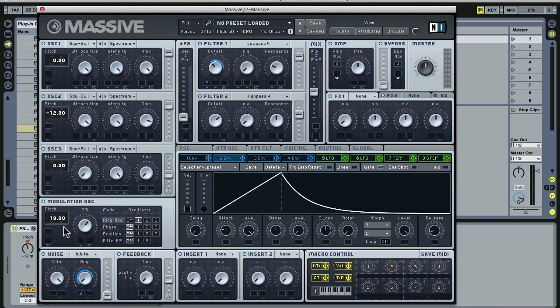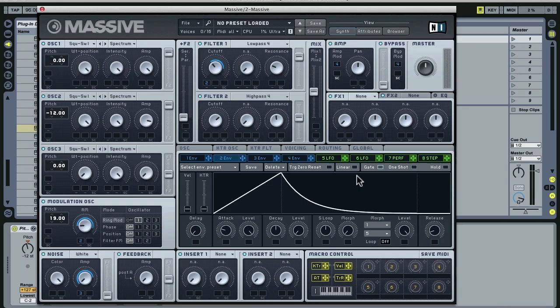Okay, that's sounding good. Now we're also going to take the same envelope that's controlling the filter, and we're going to apply it to the ring mod amount. Going to bring that white noise down a little bit. Ring modulation can produce some very discordant results at odd or varying pitches, and that's not necessarily what I want right now, so I'm just going to leave it as is,